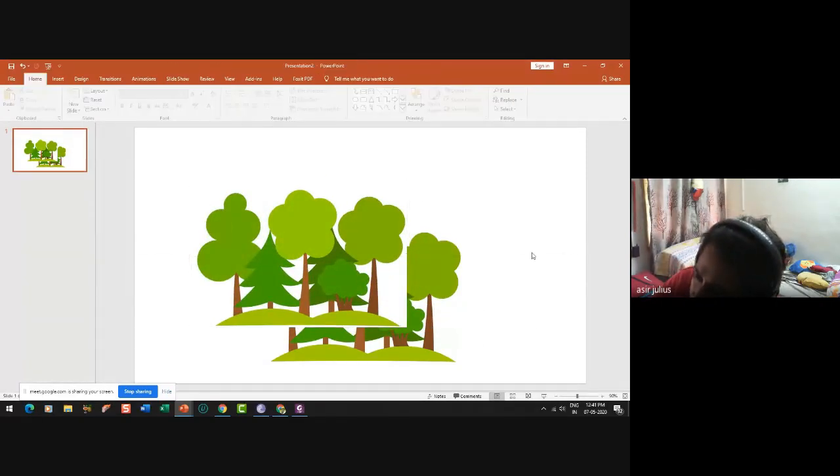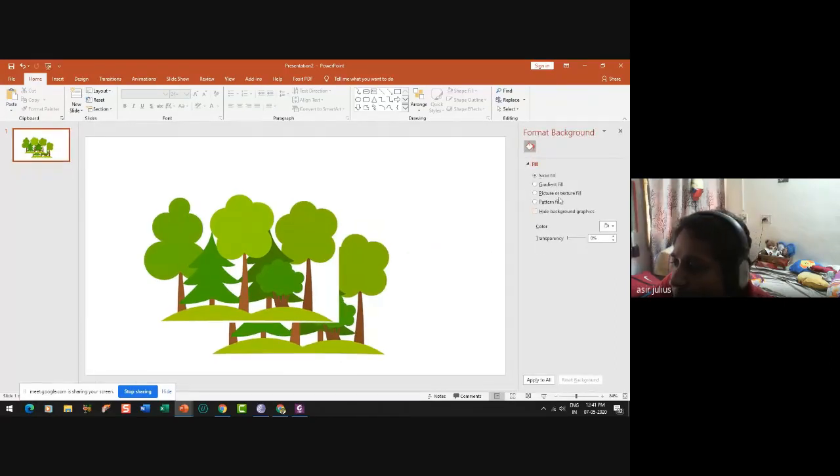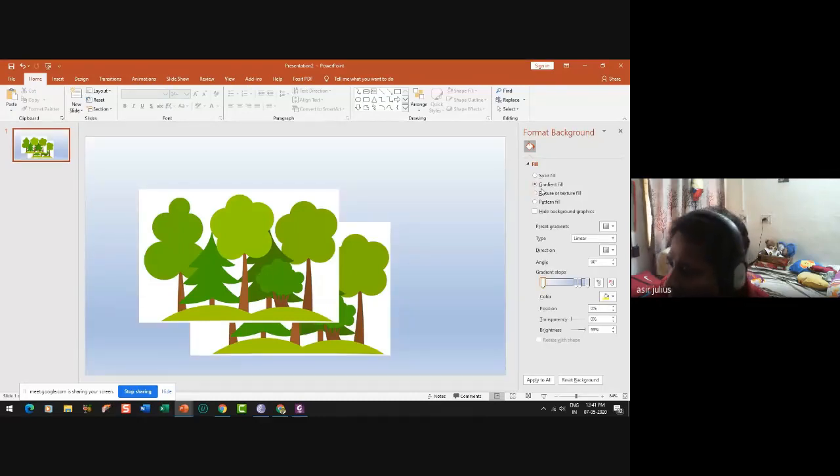I am just taking the slide background first, not the picture background, the slide background. I'm just right clicking it, Format Background. I'm just going to make it gradient. You all know what gradient is. See, you have a top light color and a bottom dark color. I'm going to change the color just like a sunshade.